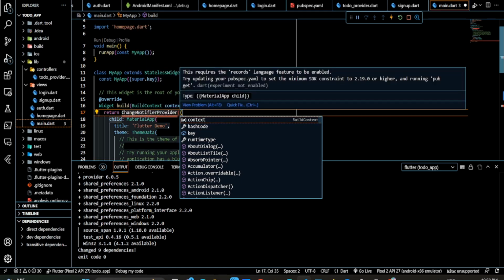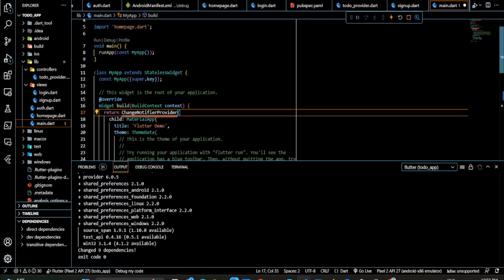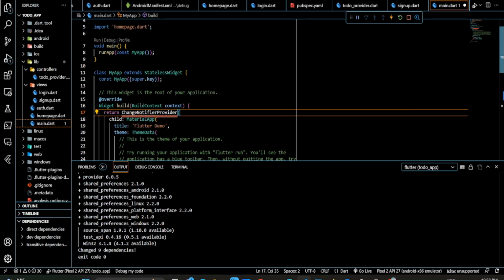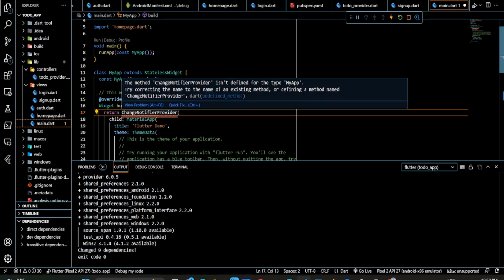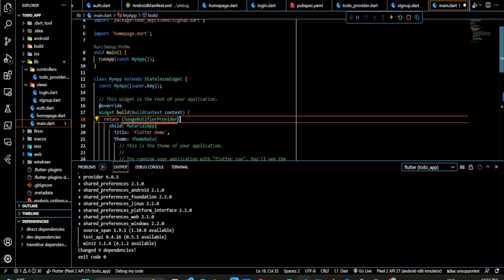Notifier provider, and then let's import that, and then